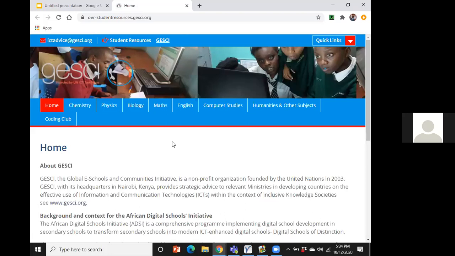This is a group that was started by the former UN Secretary General's ICT Task Force under Kofi Annan's stewardship, to bring everybody on board, teachers, learners, and even the board of management for schools, to integrate ICT in the classroom. And therefore, they have been carrying on a pilot project since 2017 in secondary schools in Kenya, about 80 schools. And the result is what you can see.